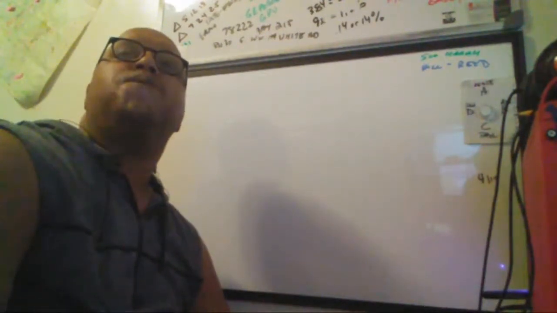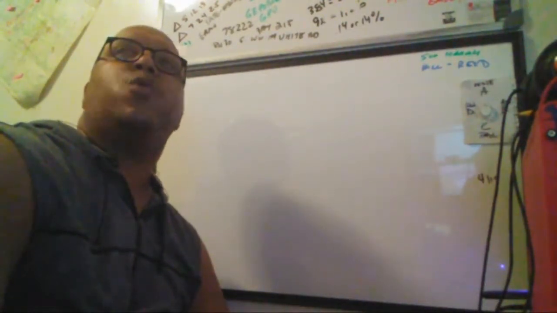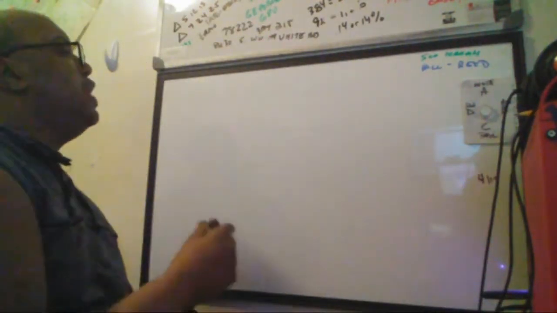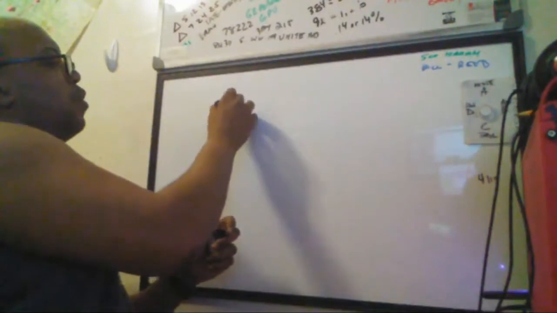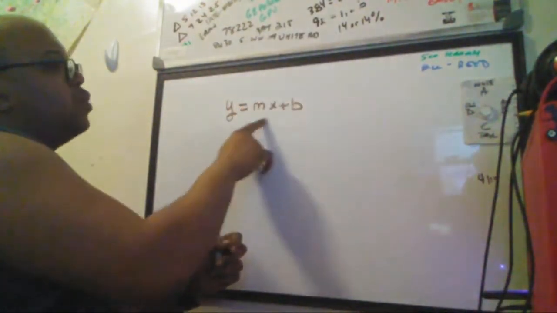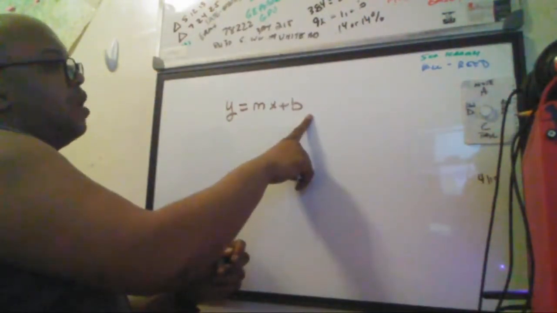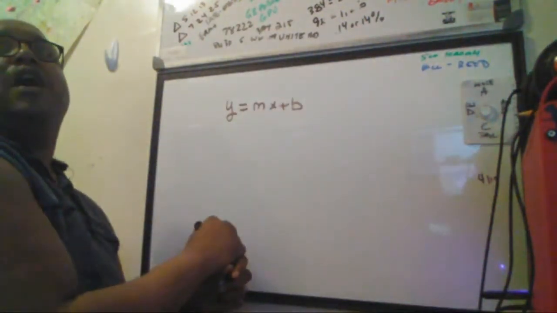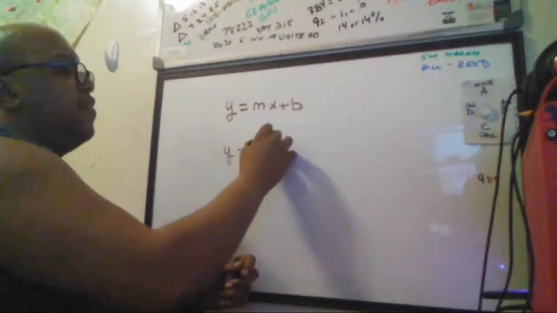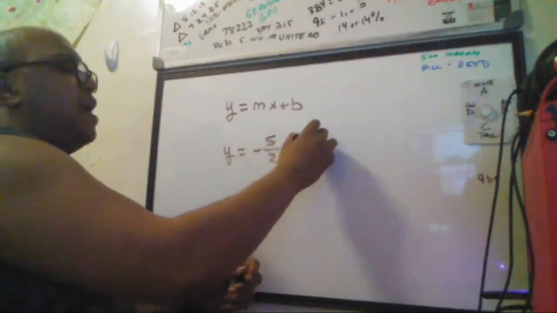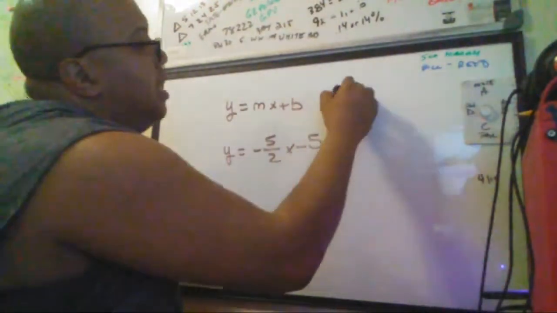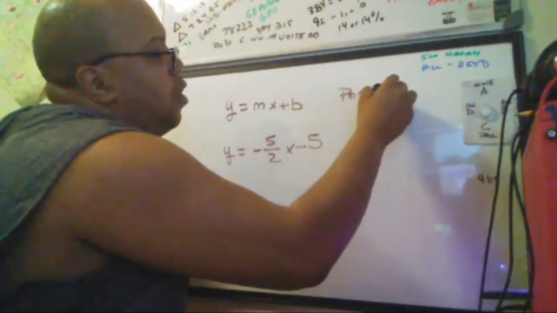Normally, there are 2 forms of linear equations. In order to find the slope of a line, we need to convert whatever it is. Sometimes it'll already be in this form, which is y equals mx plus b. But don't let that throw you off, because your question will look like this: y equals negative 5 over 2x minus 5. So this is telling you it's a negative slope. If it is a positive slope,